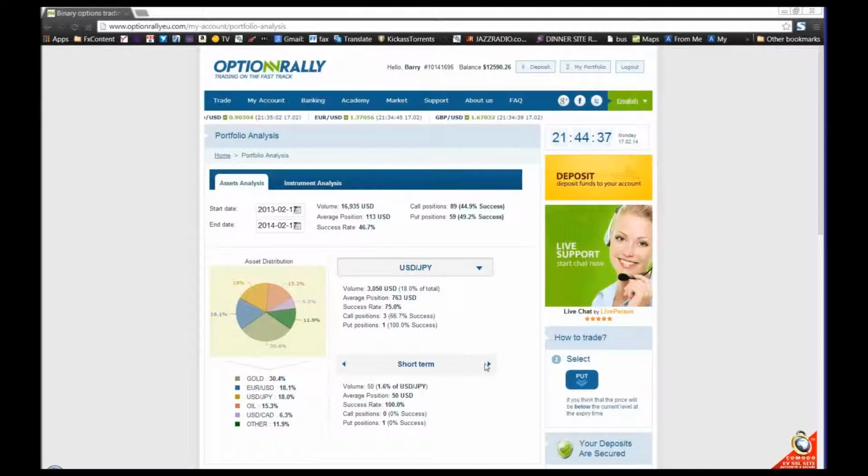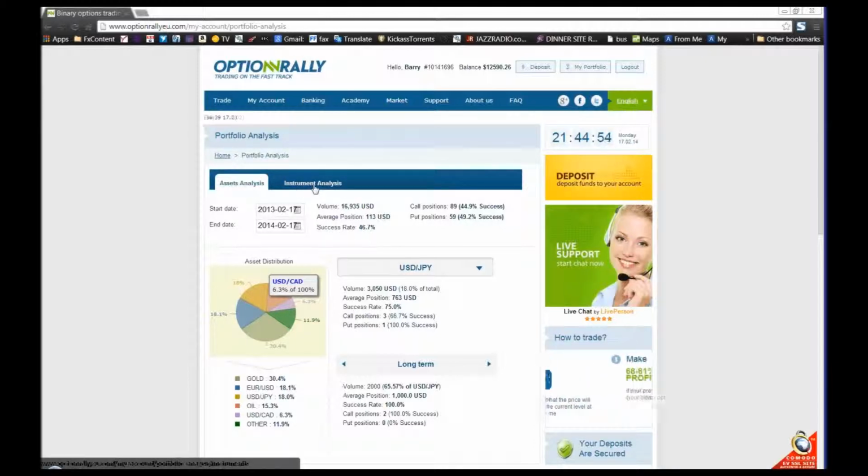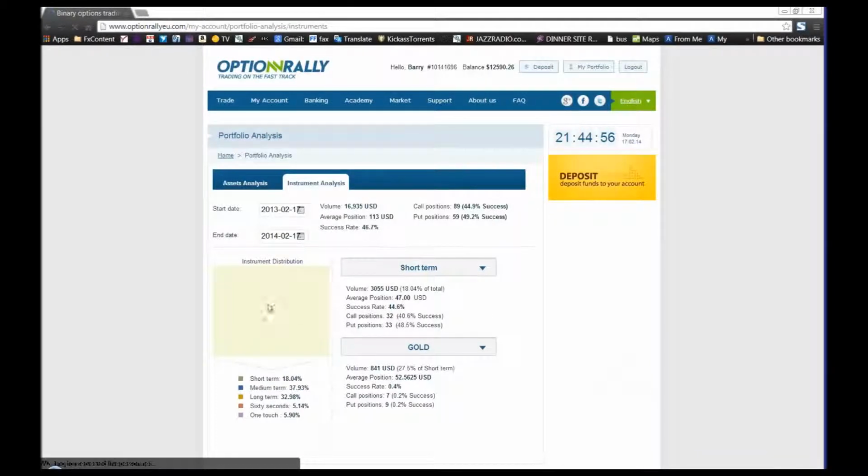You can also break it down to long-term, short-term, and medium-term trades. So you can decide whether you're better off trading the current expiry, or you're better off doing 60-second, or you're better off trading long-term. You can start seeing where your applications are and where your success rate is. You can then go from there over to your instrument analysis. Okay, and we can see our